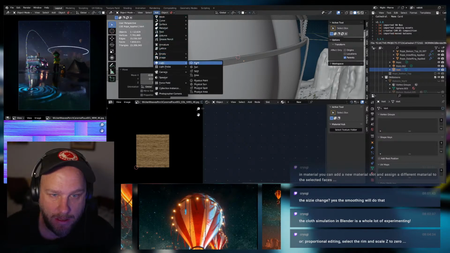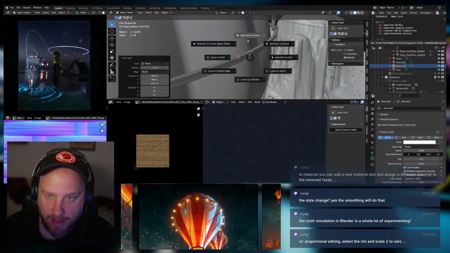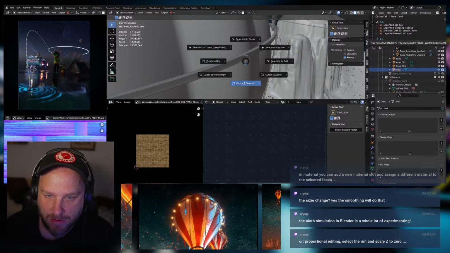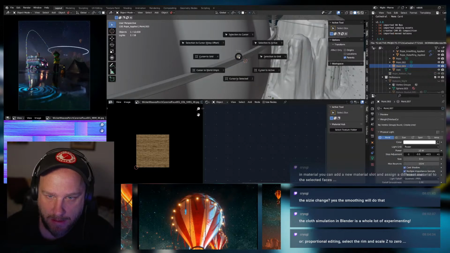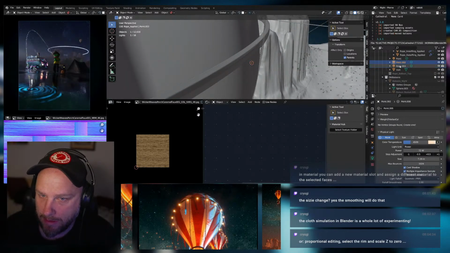We're going to add a light. We're going to add a point light, and we're going to change the point light's location. The easiest way to do this, I find, is to go Cursor to Selected, grab the light, and then Selection to Cursor. So now the light and the vert are in the same place, and we're going to parent